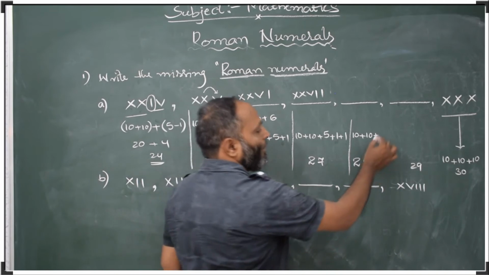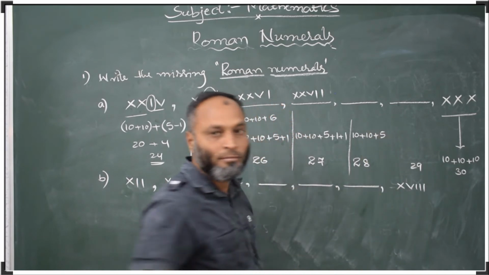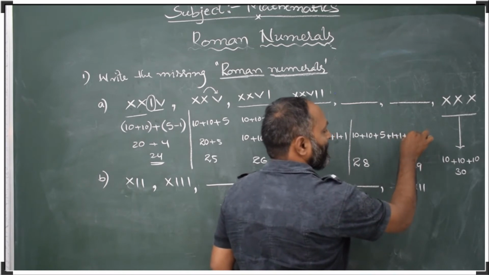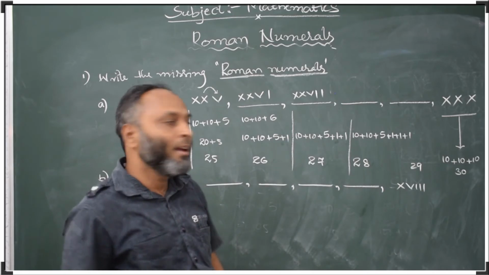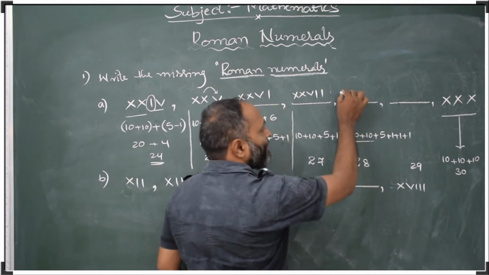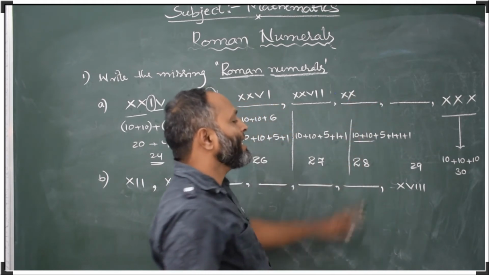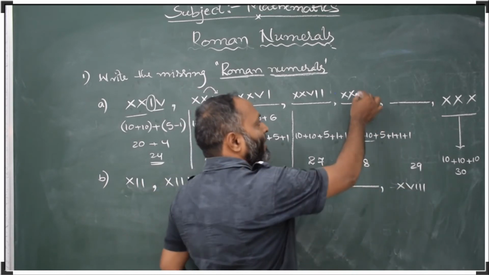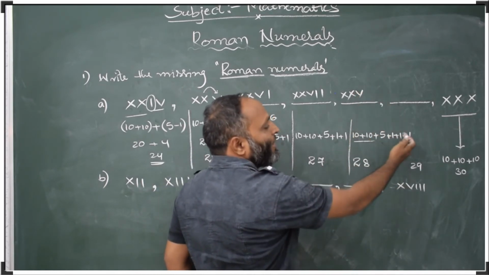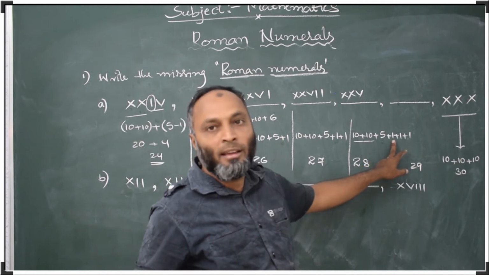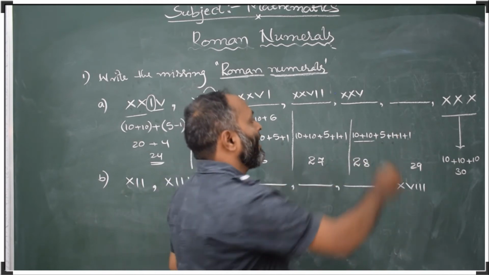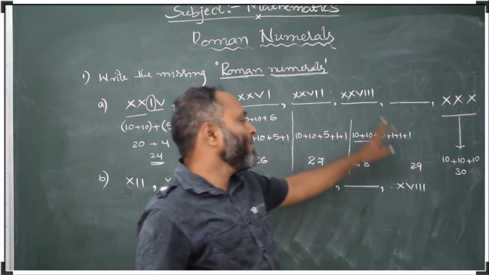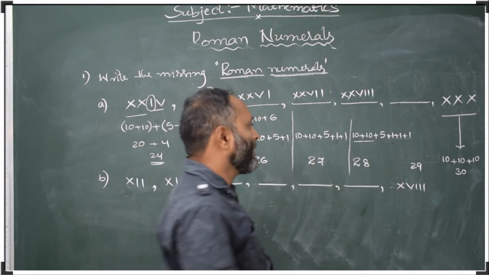Like 5, first we have to take 5 and after that the repeated ones, 1 plus 1 plus 1, like this. Here 10 is repeated 2 times, so we take X and X, and the small Roman numeral is on the right side. That is addition, so we have to take it on the right side. And 3 same numbers are there, added, so we have to repeat the same. Same repeated means added. The next is 29.